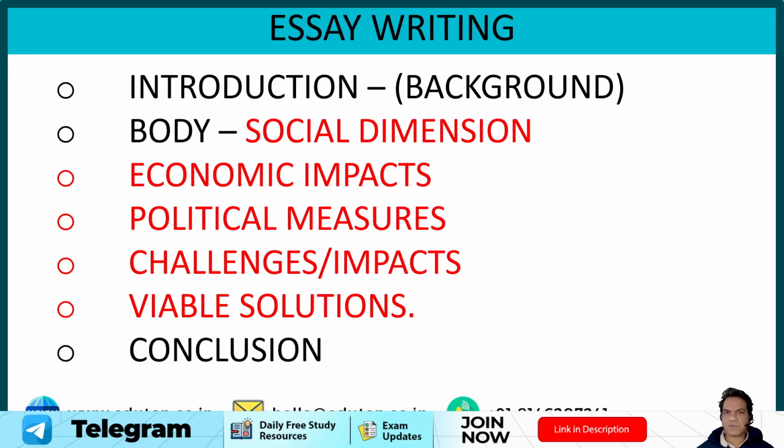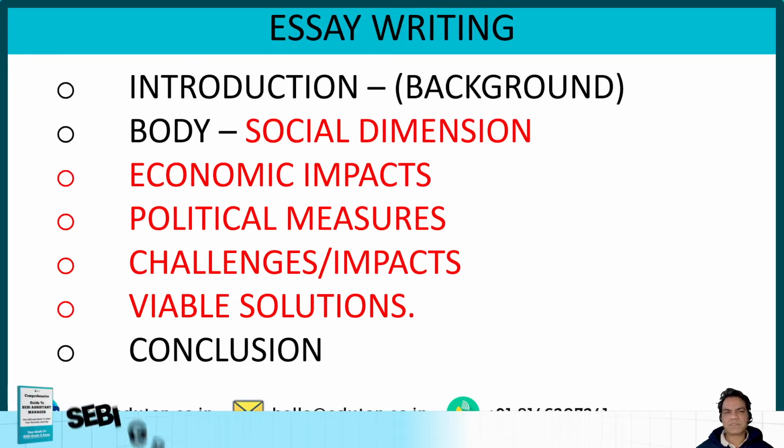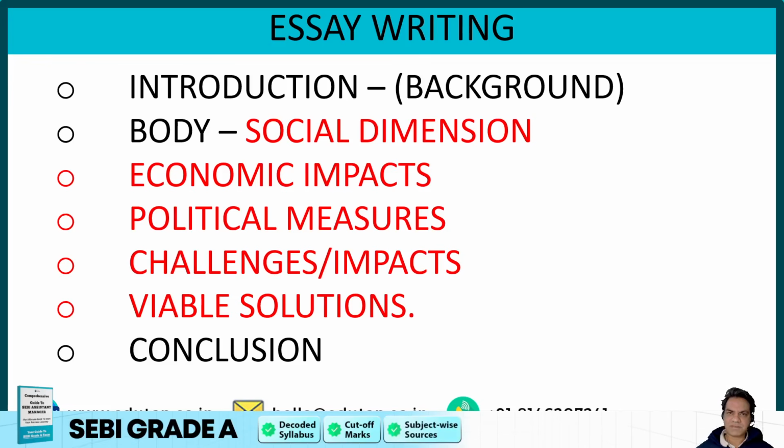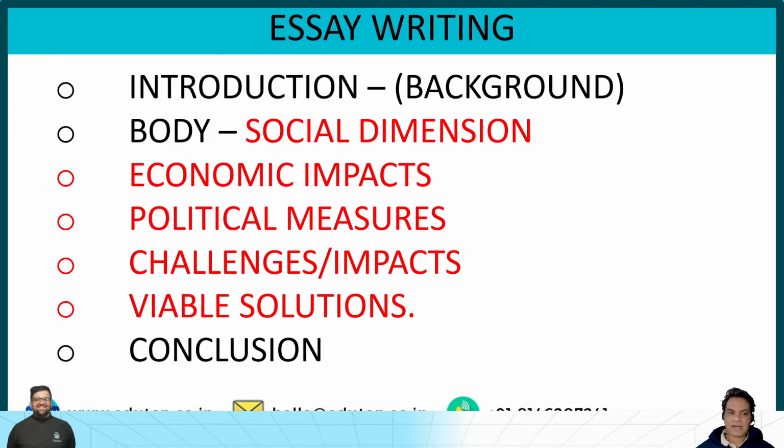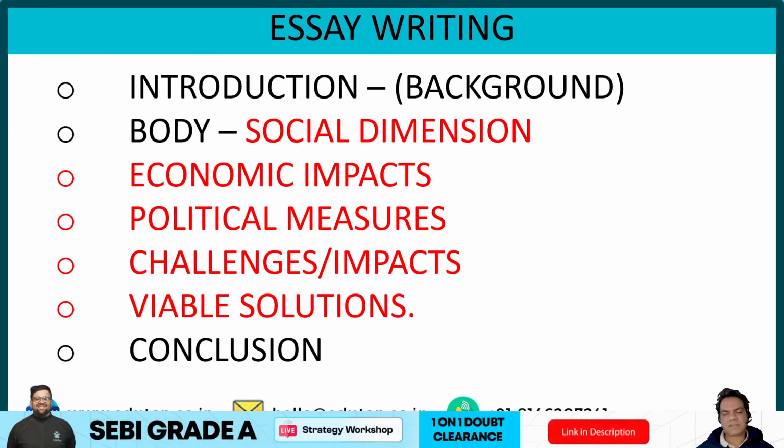You have to write 250 words. So if you write 40 words for every paragraph, the 40 words means 2 to 3 sentences, right? Maybe 3 to 4 if you're not writing enough words, but 3 to 4 sentences for every paragraph, and you make 6 paragraphs. I think you're done with your essay. So what should be those 6 paragraphs?